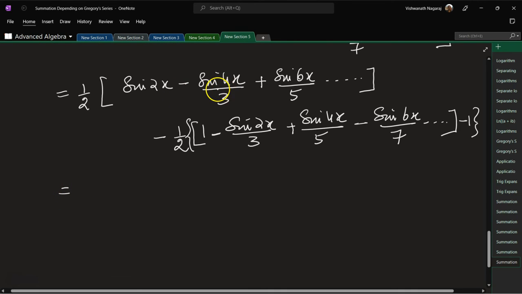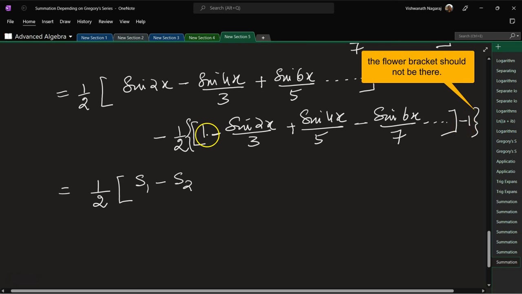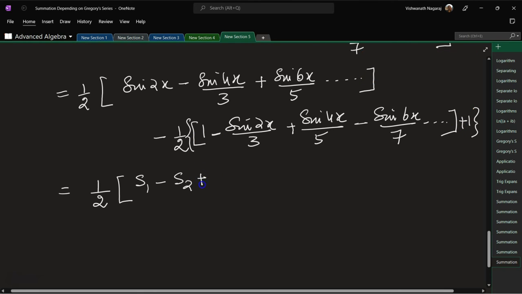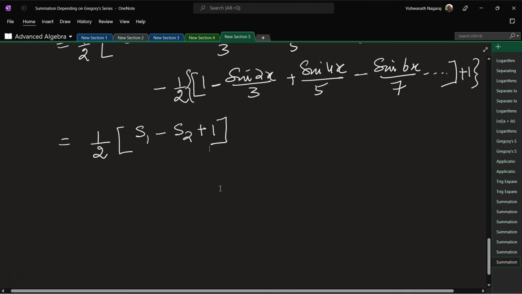Now that we have done this, what have we achieved? We have got one series here and another series here and minus 1. So let's write it as half of S1. Let's call this series S1 minus, let's call this series S2, and we have, but this minus, this will be minus 1, this will become plus 1. That would be problematic, right? We will end up with minus 1 minus 1. So this should be plus 1 so that they cancel out. So now we have to handle two series. Let's take it